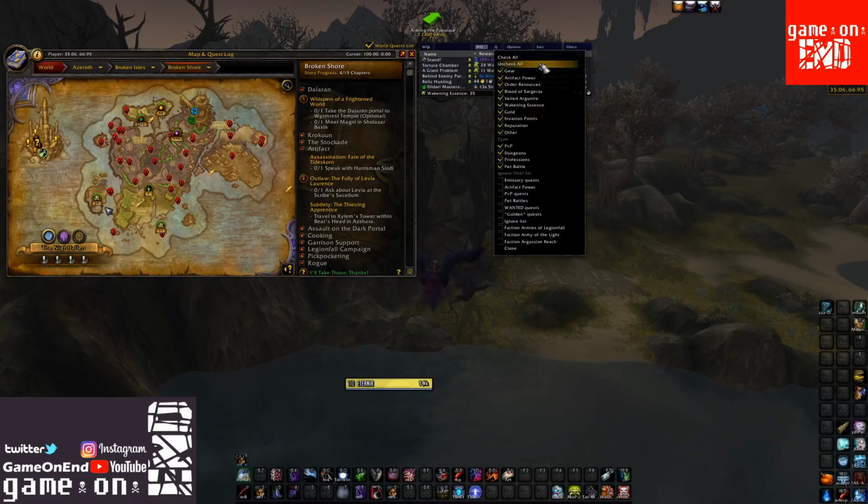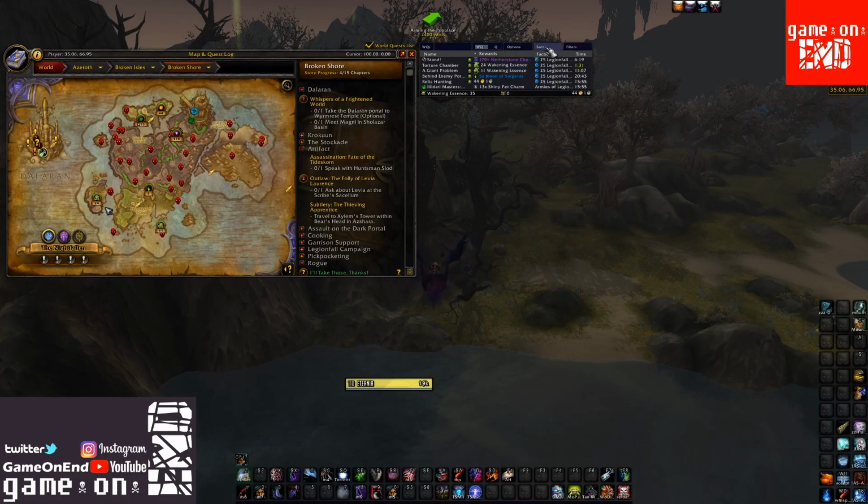And then we have filters. So you can quickly uncheck all, you can check all, and then of course just do individual ones, and then you can ignore the filter for certain things. So if you're trying to track down artifact power, then even if you uncheck PvP quests, if there's one for artifact power or whatever it is, those will still show. So you can hide and show pretty much whatever you really want to see,